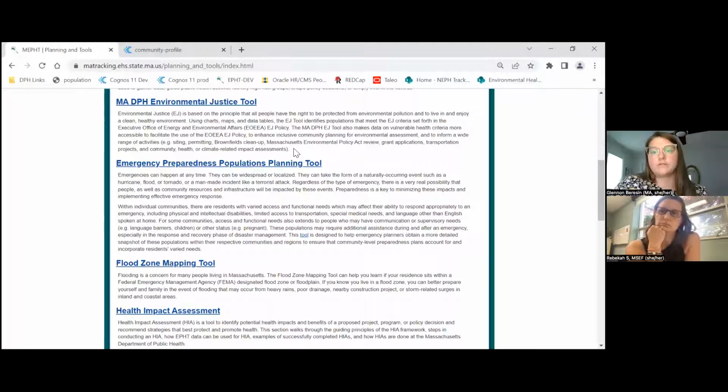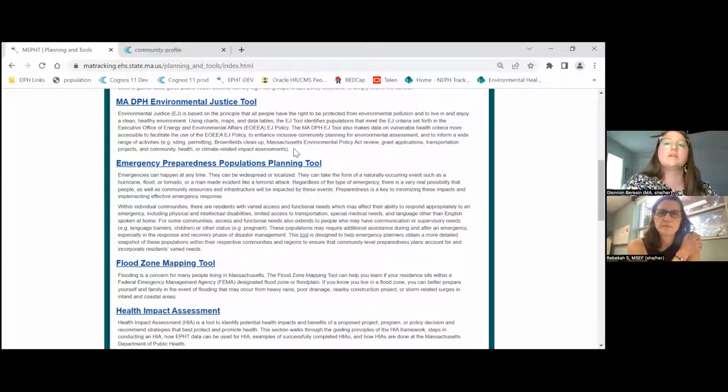We have a webpage devoted to talking about environmental justice in Massachusetts. But we developed this tool to facilitate the use of the Executive Office for Energy and Environmental Affairs, EEA's, environmental justice policy. And so it presents data already calculated to reflect that policy.